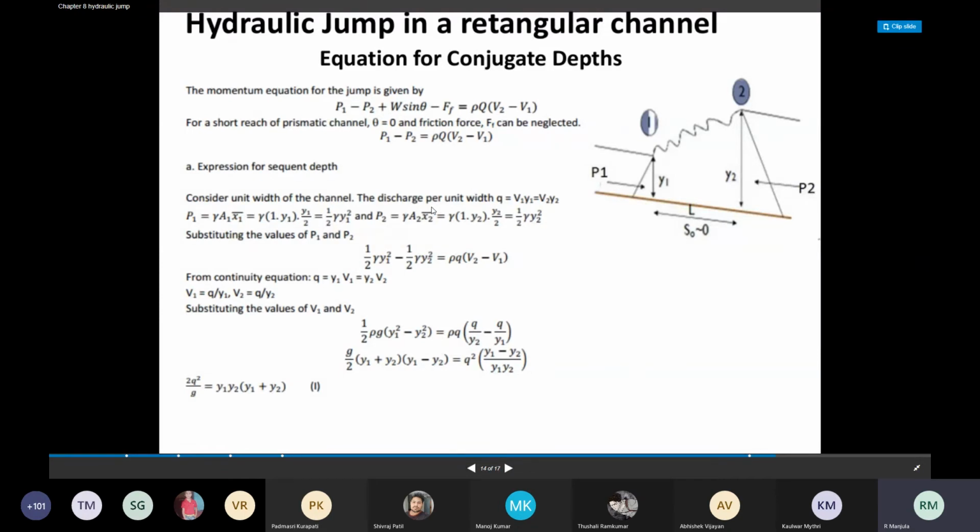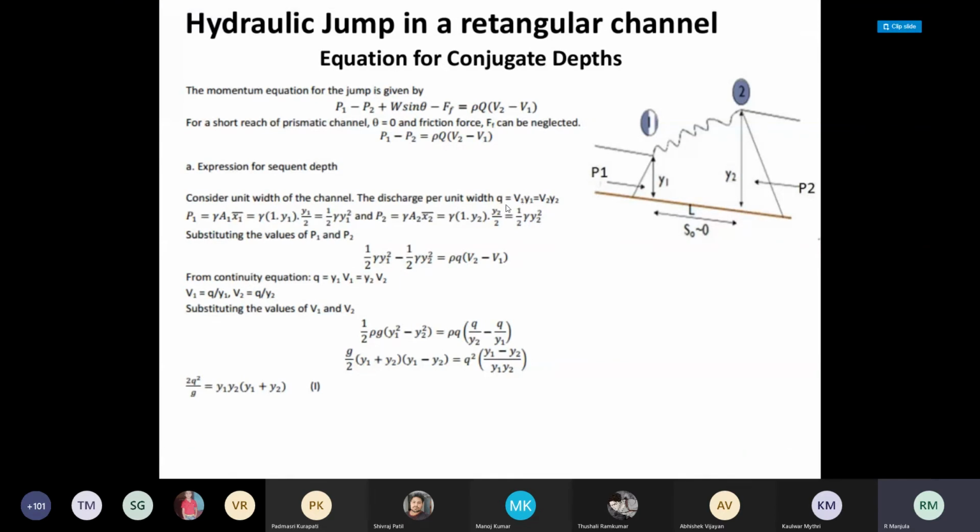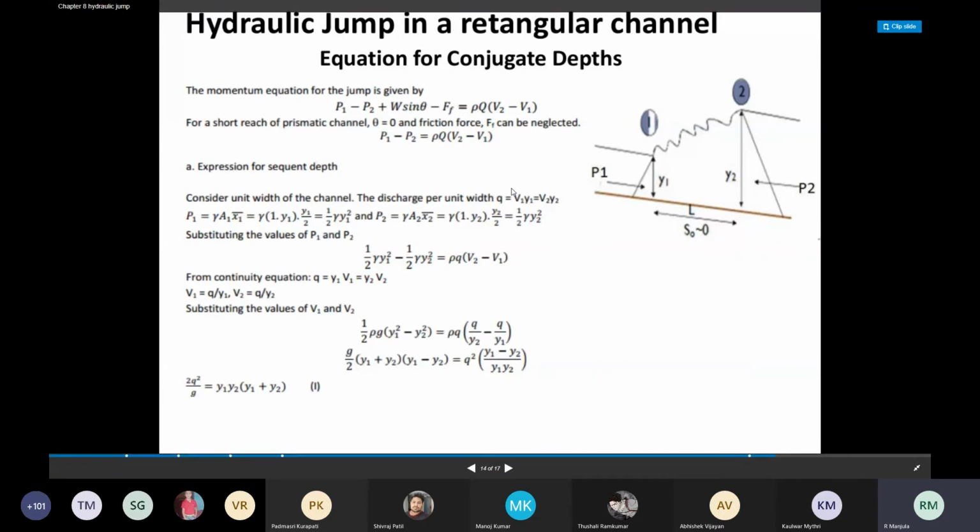Then the discharge per unit width is nothing but your Q is equal to A1 V1, considering only a rectangular channel. This is a rectangular channel. So what is capital Q? A1 into V1. So V1 remains the same, and instead of A1 you take Y1, the depth of the channel, multiplied by B1. B1 you are taking as 1 because you are considering unit width. Hence Y1 into 1. So your discharge per unit width is nothing but V1 Y1 is equal to V2 Y2, because discharge remains the same at both sections 1 and 2. Hence V1 Y1 is equal to V2 Y2.